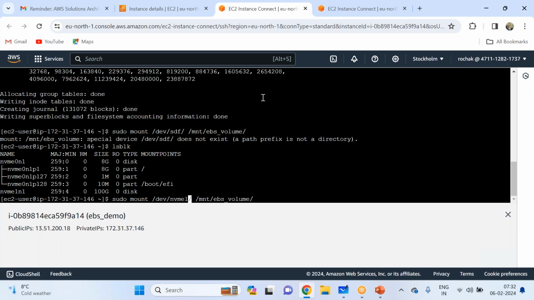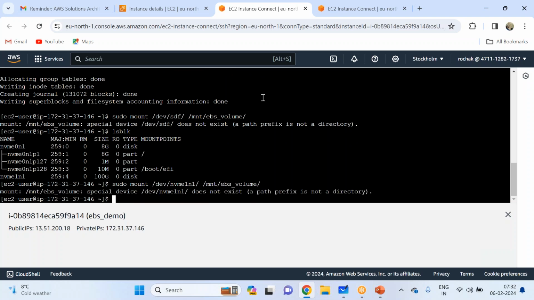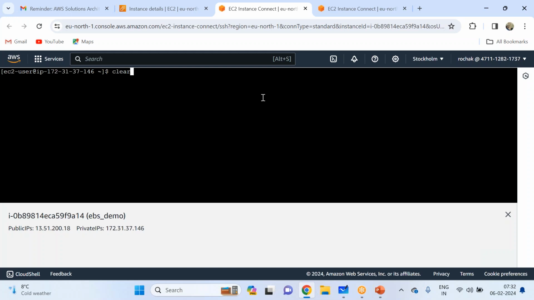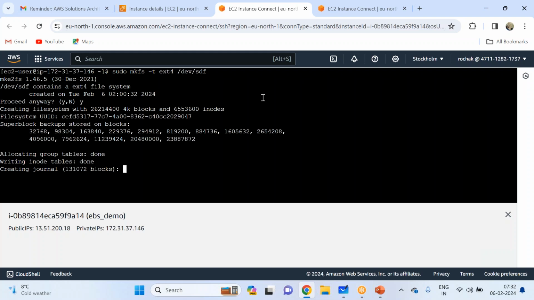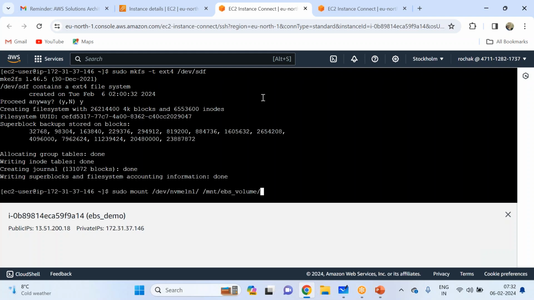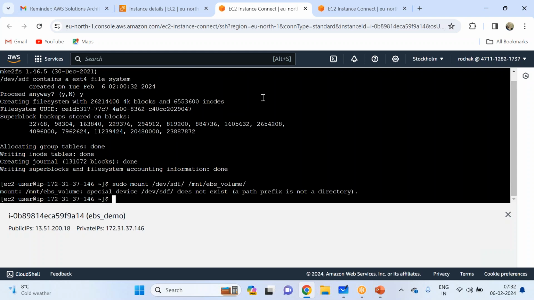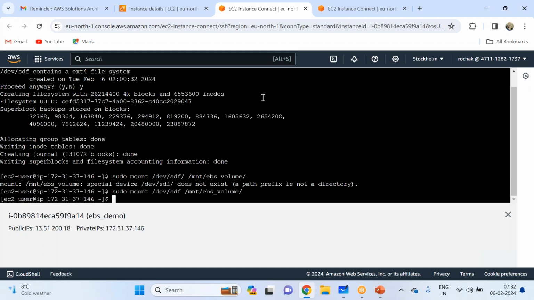NVMe. Am I giving a wrong command? We need to give this slash here. So now if I go to